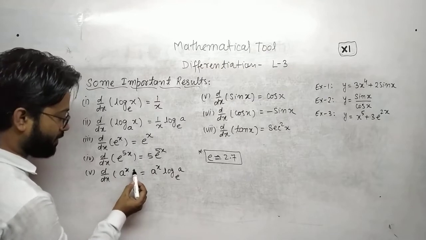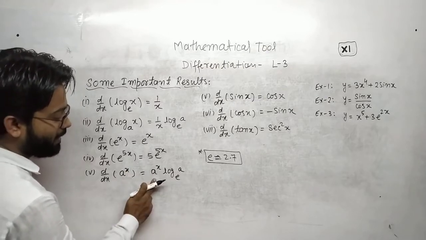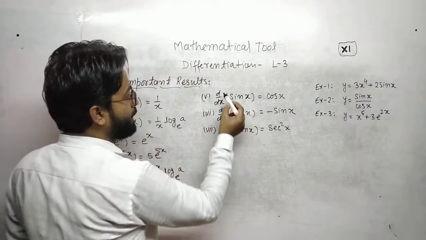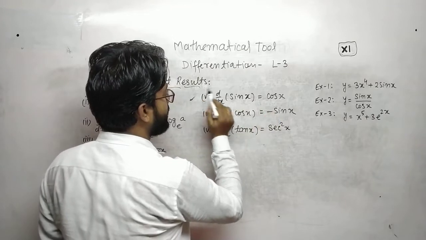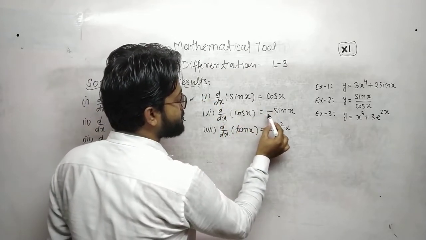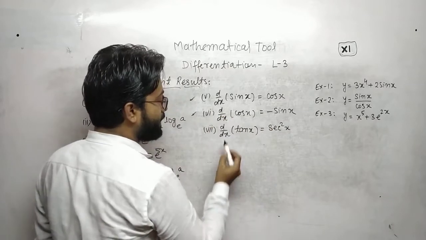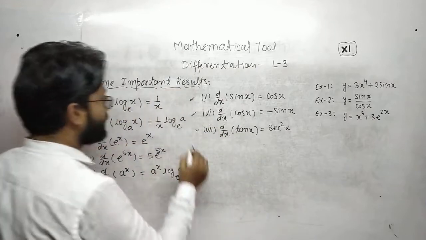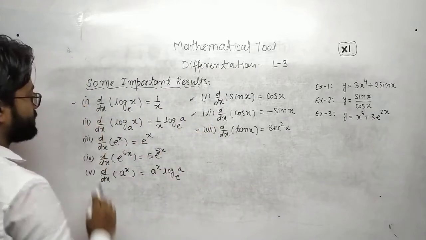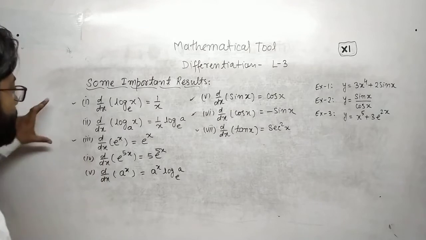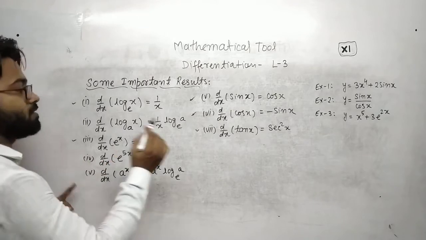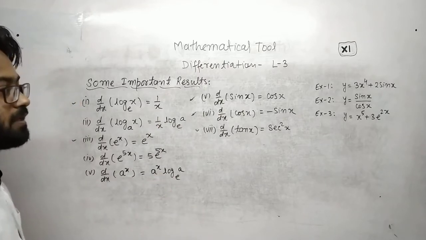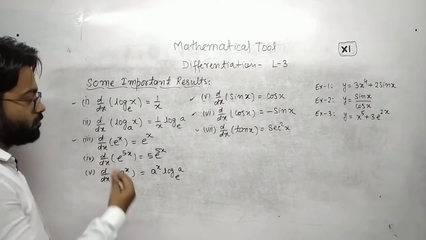Now a to the power x: the differentiation of a to the power x will become a to the power x log e a. Now differentiation of sin x is cos x, important. Differentiation of cos x is minus sin x, important. Differentiation of tan x is sec square x, important. These three results and the earlier ones are very important. Others are also important, but these are most important. They are usually used in derivations. Now you need to remember these